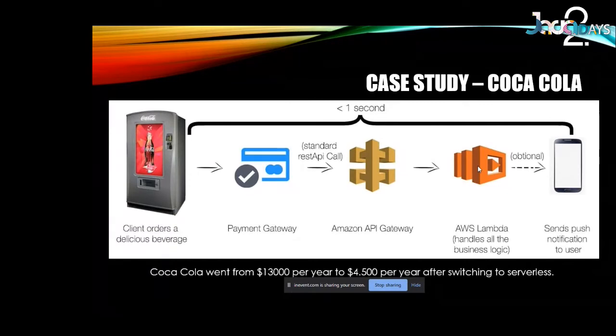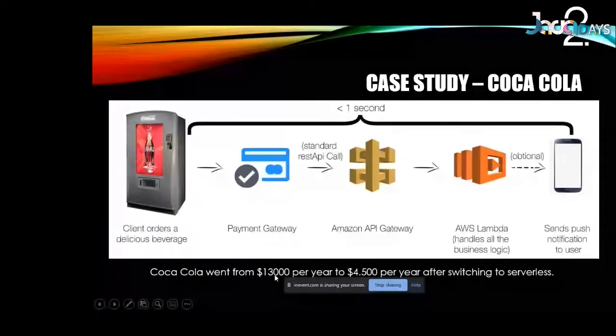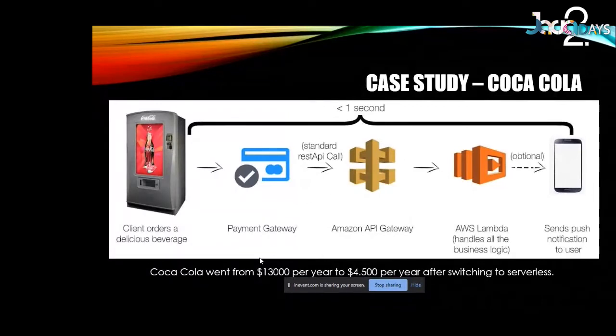Earlier for this job, they were using platform as a service, actual servers, and they found that their yearly cost was something like $13,000. So $13,000 was their overall cost when they were using platform as a service. But the moment they switched to function as a service, or serverless computing, the overall cost came to just $4 per year. So the cost came down that much. And that's a big number.